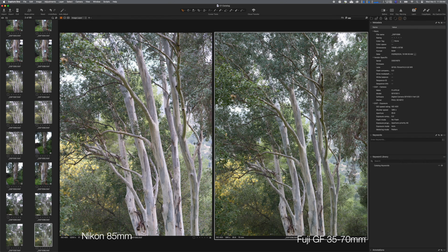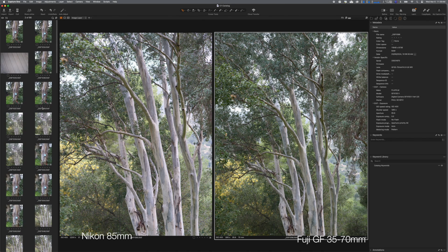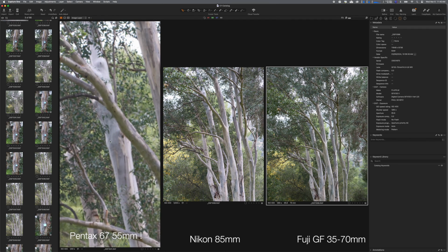Let me get the Pentax into this specific comparison as well, because I'll do the 105 Pentax, which is not the same frame. Which one would be the 105? I guess that would be this one. Yes, because the difference here is the corners on the Pentax are totally fine. The corners of the Nikon are, you know, washed out at that point. The Fuji is fine everywhere. So once we zoom in here,